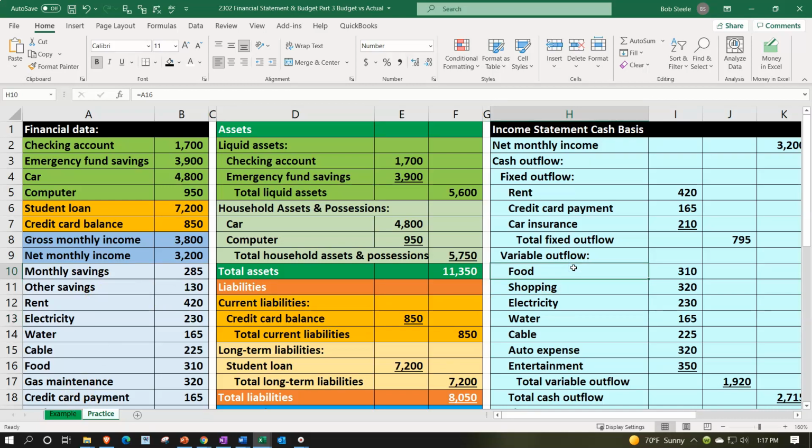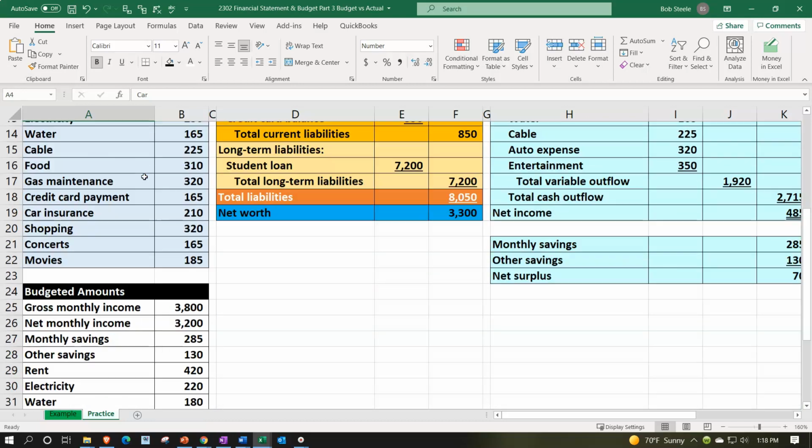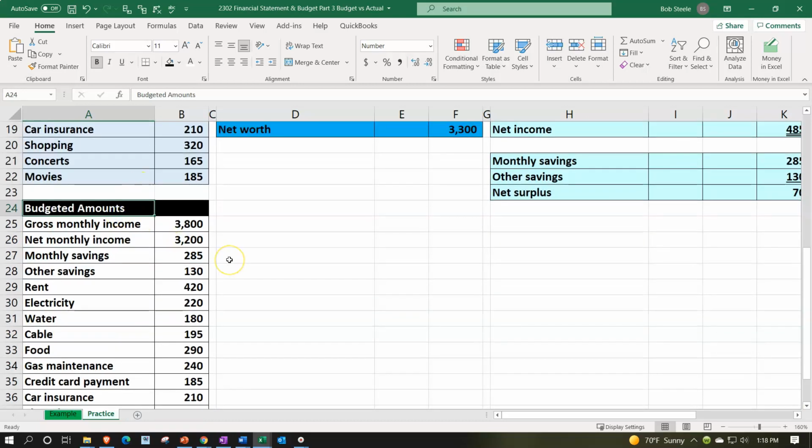Last time, in the prior two presentations, we looked at putting together the financial statements, including a balance sheet and an income statement using the data up top. This time, we're focusing in on a budget versus actual report. The data used to create the financial statements, the actual data, is up top. Down below, we've got the data which is going to be the budgeted data that we'll use for our budget